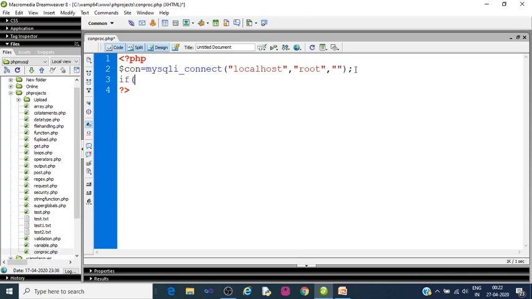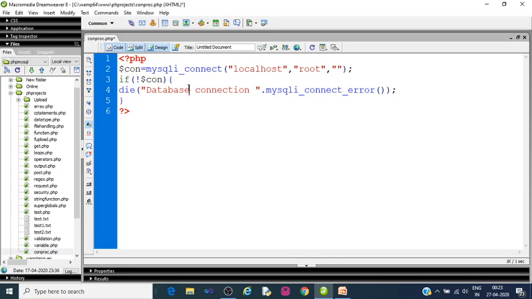Now we will check if not $con. If this $con variable does not exist, then we'll stop executing the PHP script. The die function is used for this. The mysqli_connect_error function is used, and here we will write a message: server connection failed.